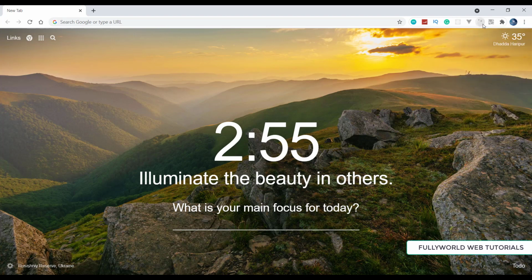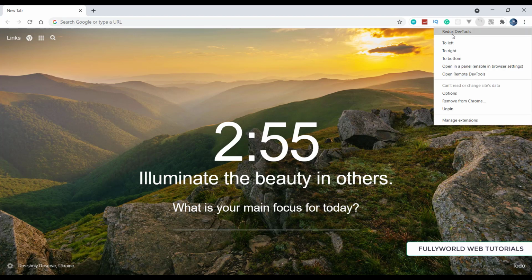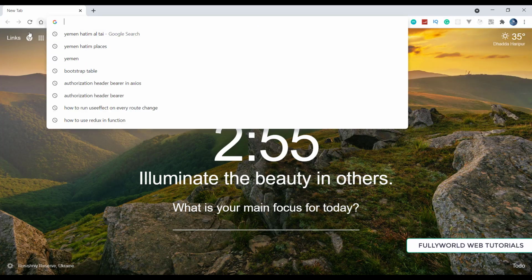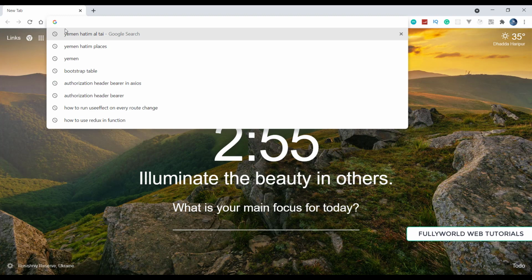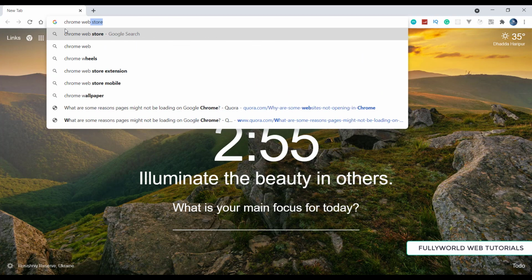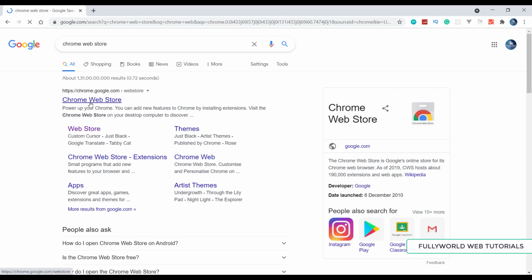So make sure you have this extension. You can go to the Chrome Web Store and search for the Redux DevTools extension here.